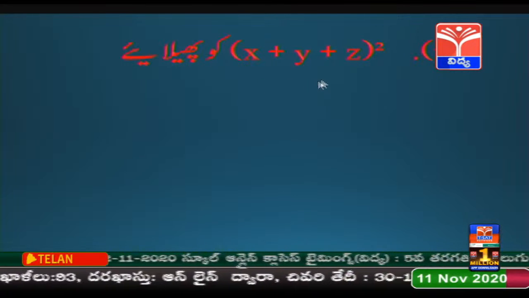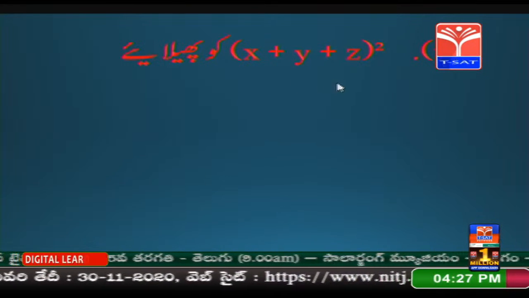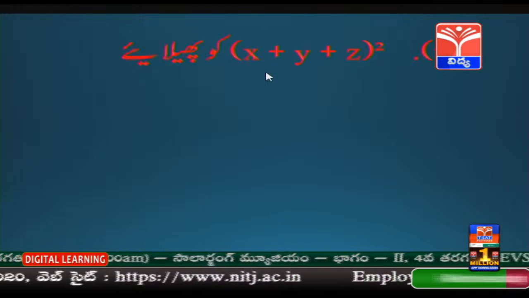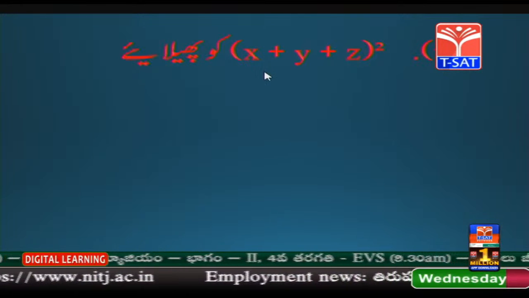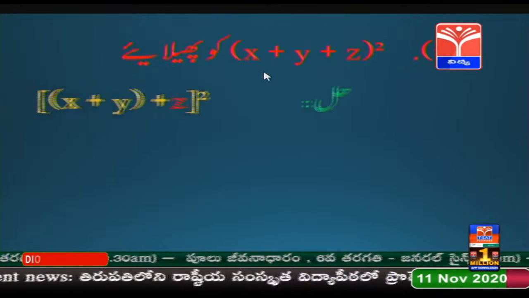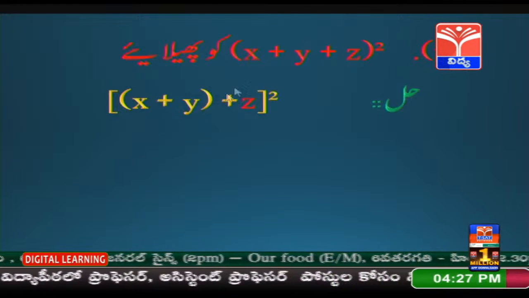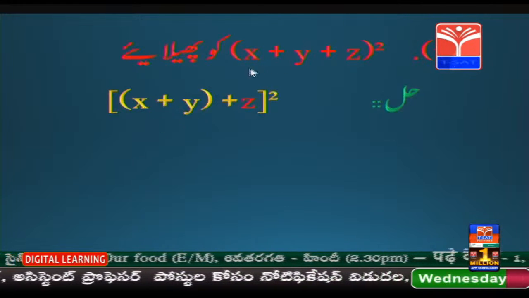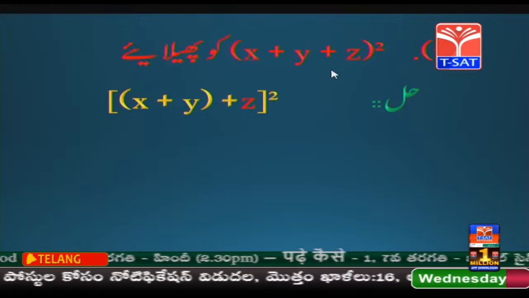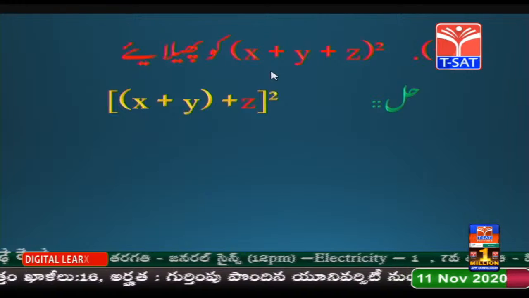अजीज़ तलबा व तालिबात, आइए इनकी मदद से हम मज़ीद मुतमासिलात को अख्ज़ करें। x जमा y जमा z की दूसरी को फैलाइए। अब तक हमने 2 अरकान के फैलाव पर गौर किया था, या 3 आए हैं, तो इसको x जमा y की दूसरी के ज़ाब्ते से हम फैलाने की कोशिश करें। देखिए प्यारे बच्चों, x जमा y यानी x जमा इन दोनों को एक ले रहा हूं मैं, x जमा y जमा z एक और है, तो अब y की शक्ल में आ गया x जमा y की दूसरी।